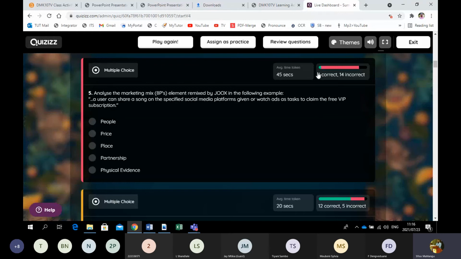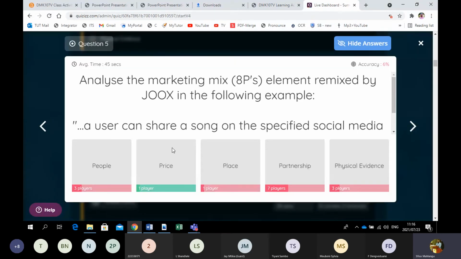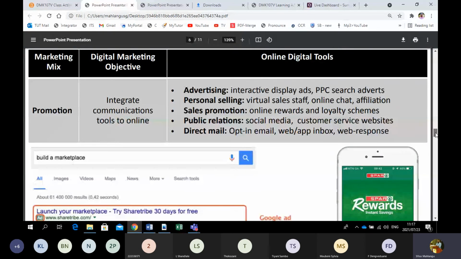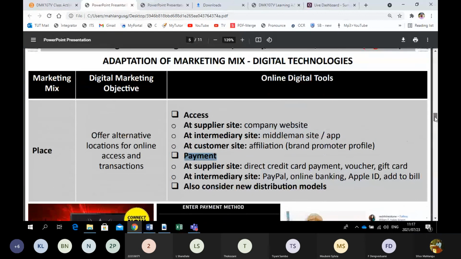But the price, I think, was the correct answer. So if we quickly go here, it does indicate, yes, the price is the correct one. It relates more to how you can actually get the VIP subscription. If we go to the slides, why do we say this is more of a price element? So if you quickly go to chapter 2 slides here, and you look under price,